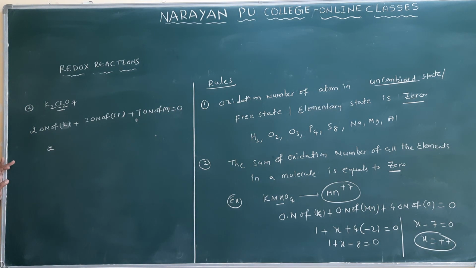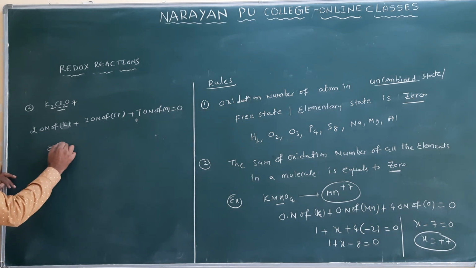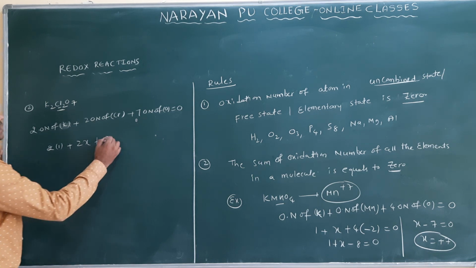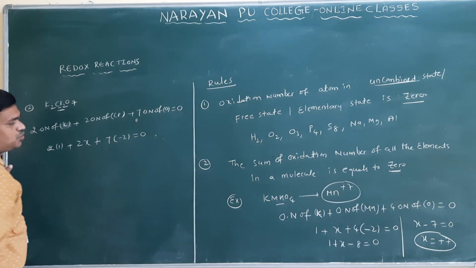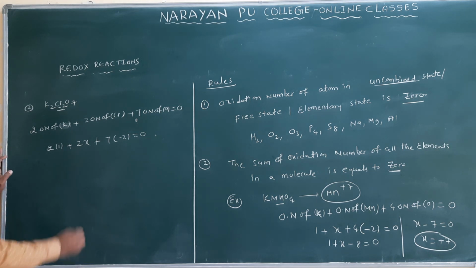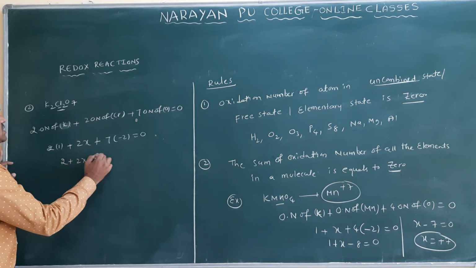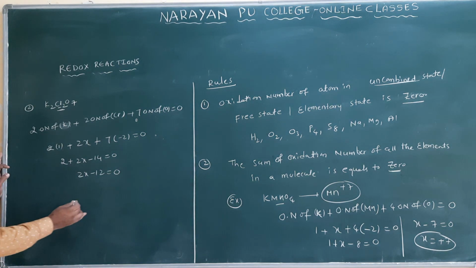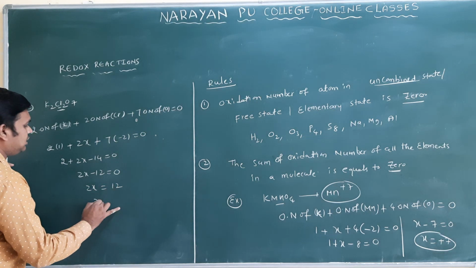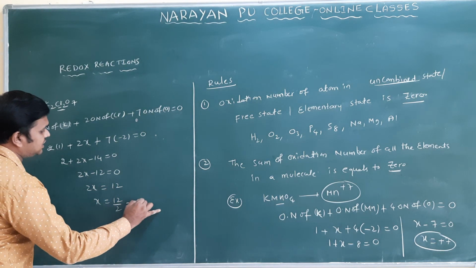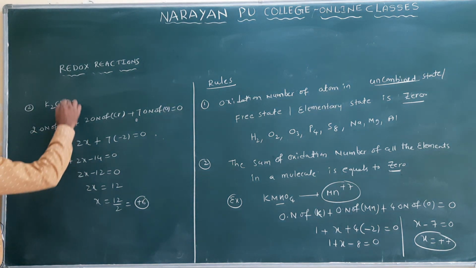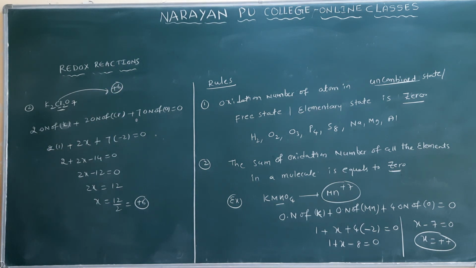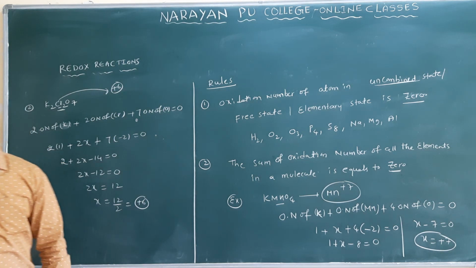So I will write here potassium. I already told you in this example potassium is a first group element, you will get plus 1. This is 2x only. Why x? We can find out the oxidation number of chromium. This is 7 into -2 is equal to 0. Already told, oxide form is -2 only. So this is 2 plus 2x minus 14 is equal to 0. 2x minus 12 is equal to 0. Yes, you can subtract this one. 2x equal to 12. X equal to 12 by 2, that is equal to what? Plus 6 only. What is the oxidation number of chromium in this potassium dichromate? You will get plus 6 only. So this is one example for the second rule.